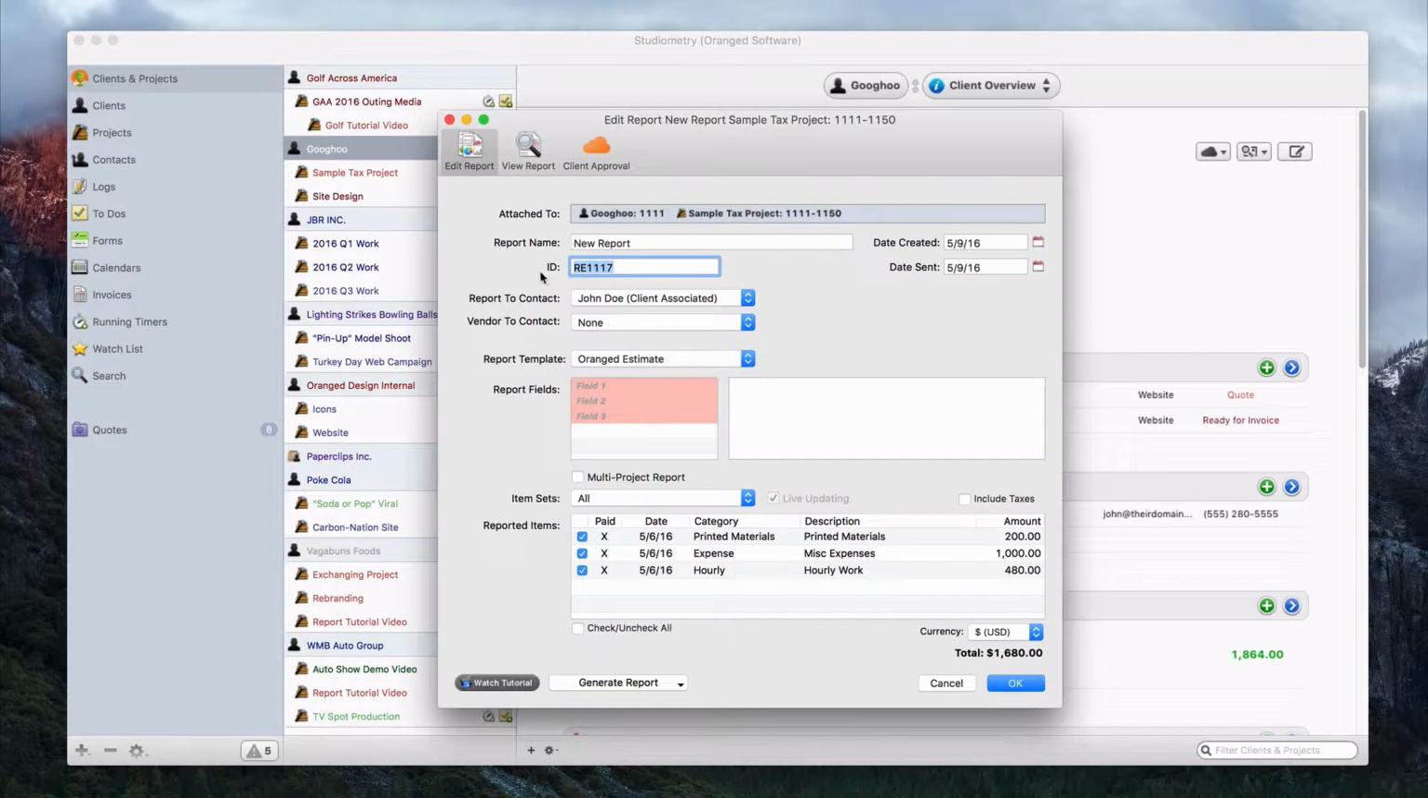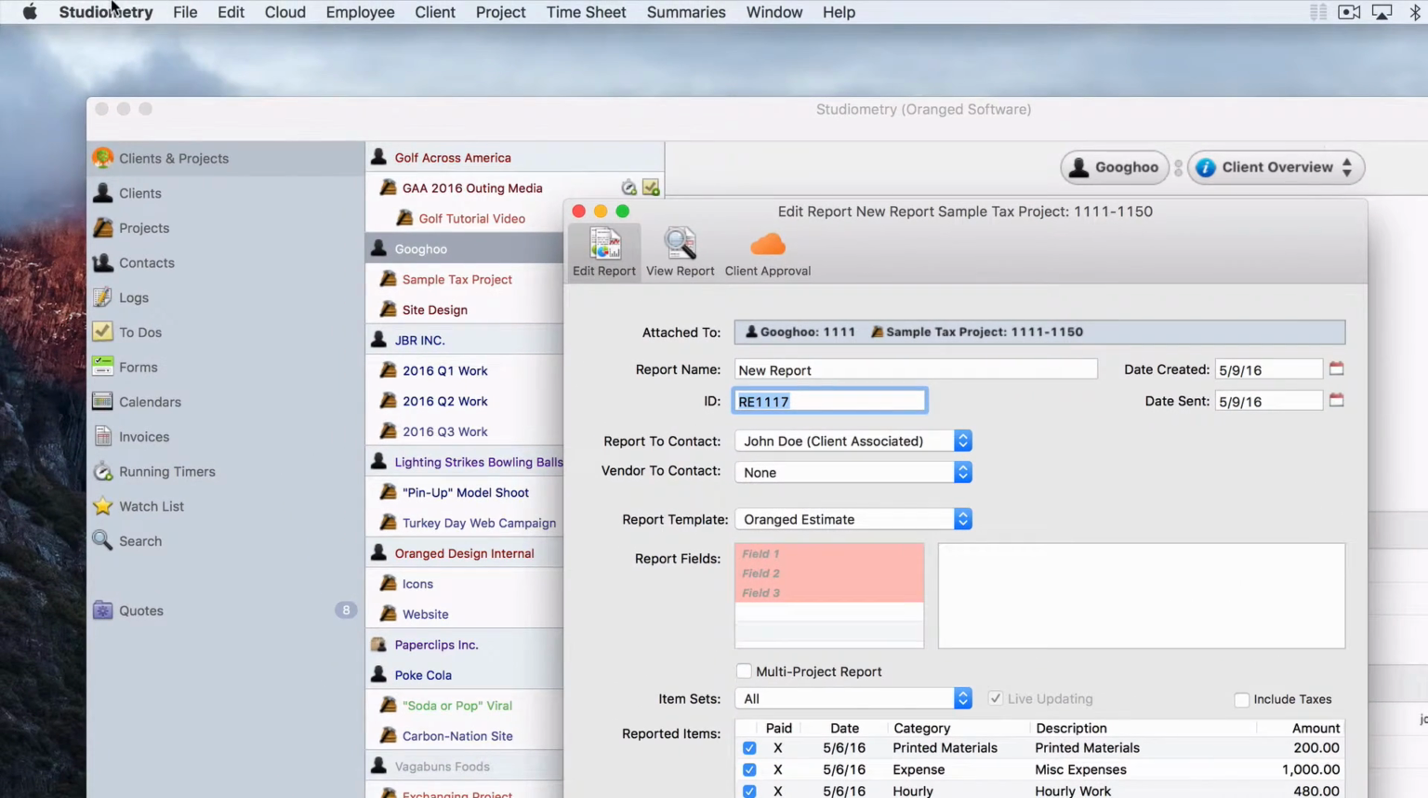And then here below the name we have the report ID. This is automatically generated based on your settings in Studiometry. You can customize the way this ID will look when it's created. You can change the numbers that it's used, and you can do a lot to change all of this, and you would do that in the Preferences window,